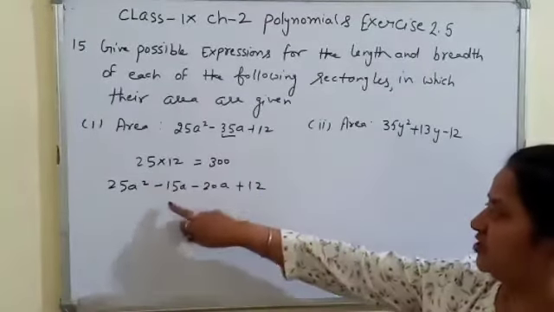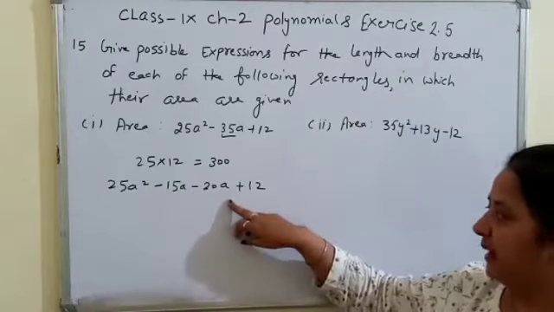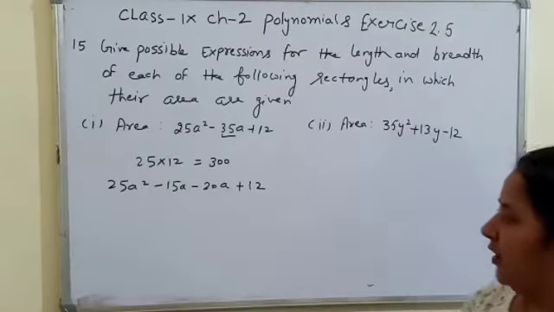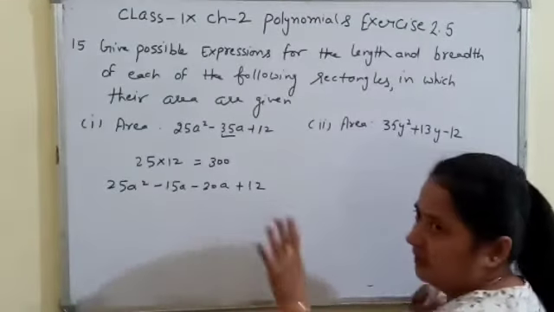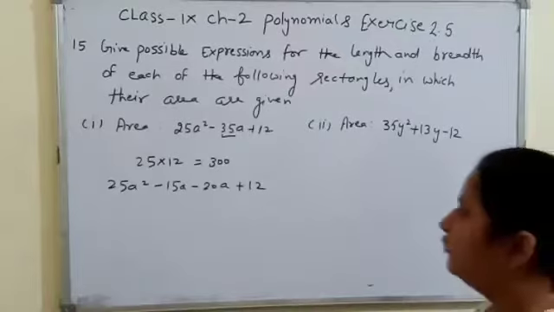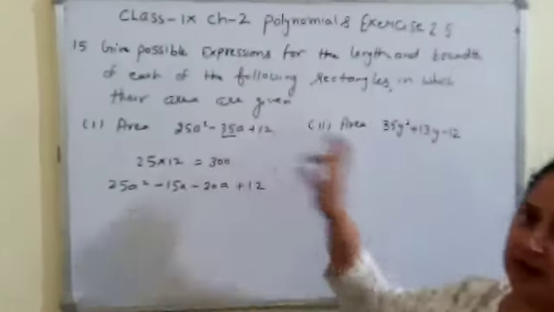So which factors can we take here? Minus 15 and minus 20. These two factors verify both conditions. The multiplication of minus 15 and minus 20 is equal to plus 300, and when we add these two terms, the result is minus 35.